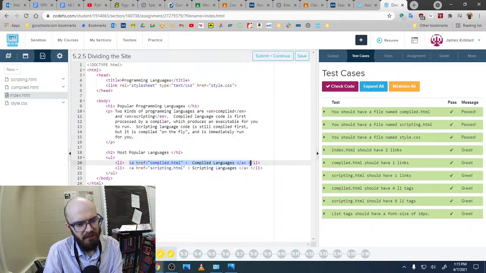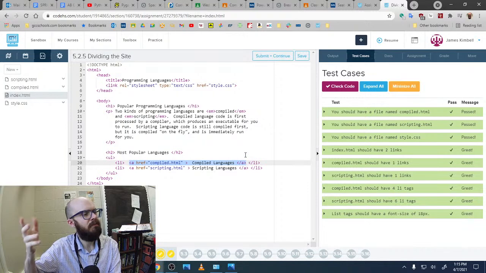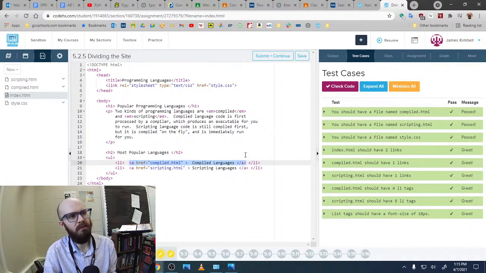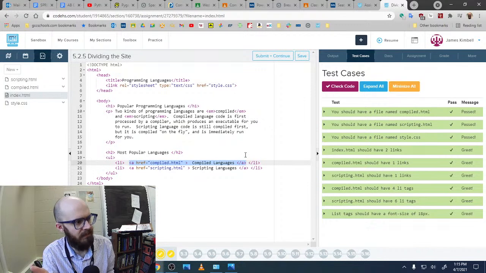classic A tag links. But remember in the past when we've done links with an href, you would have to give like a real URL, like http://www blah blah. When you're linking to another page in the same folder, you just say the name of the file. So you can just say compiled.html. Okay, that's a lot easier when you're linking to a local,